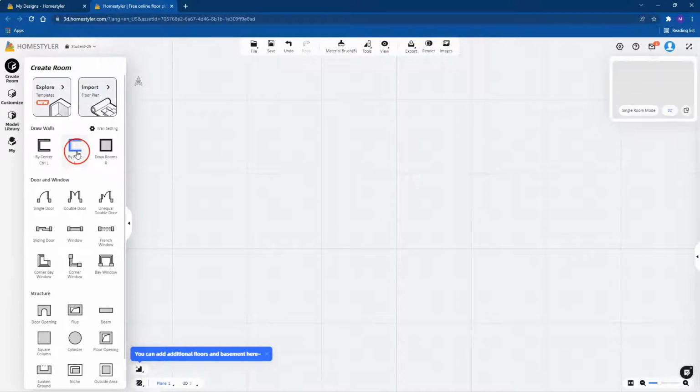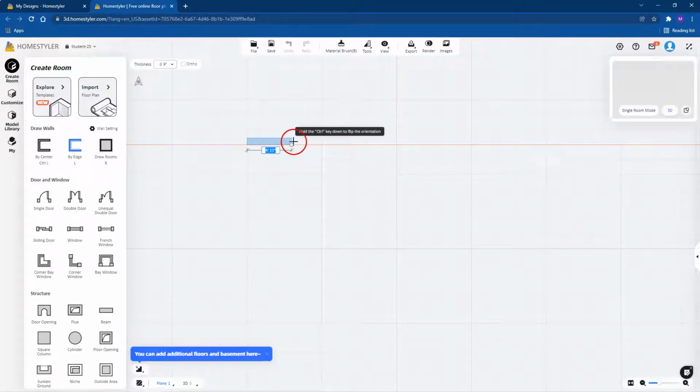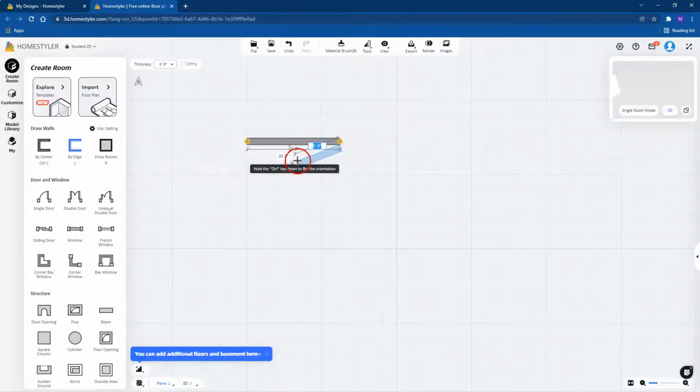So if we start using edge, by the edge, and we'll see the little crosshair cursor there, we can left click and start drawing our rooms, and we will see the dimensions going out as we draw our wall length. Very similar to some other programs, we can just type in our dimension here. So we could type in, say, 10 foot dash 2 inches if we like, and that would draw our wall 10 foot 2 inches, and we could continue